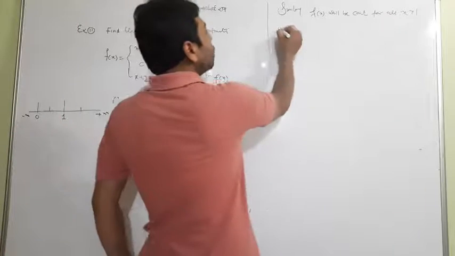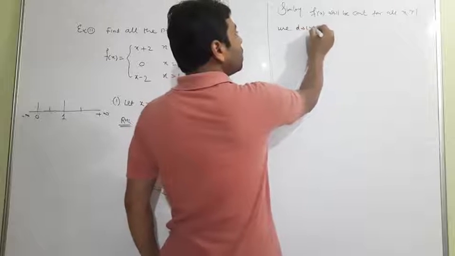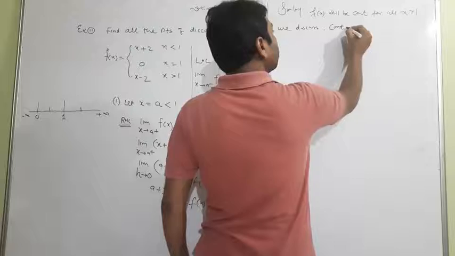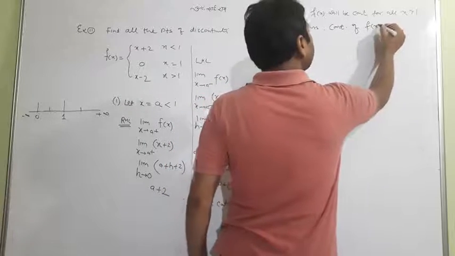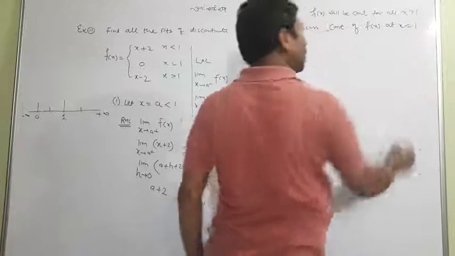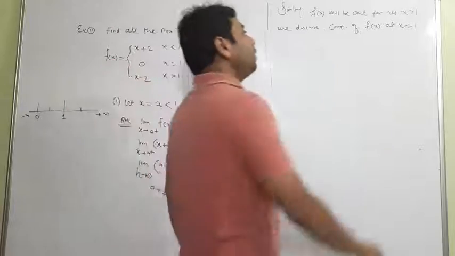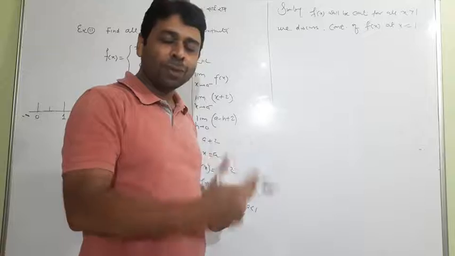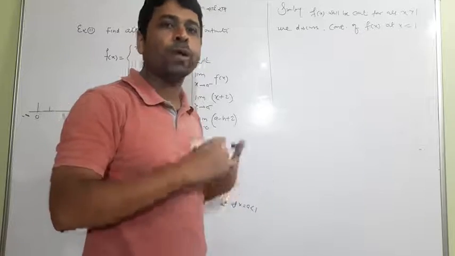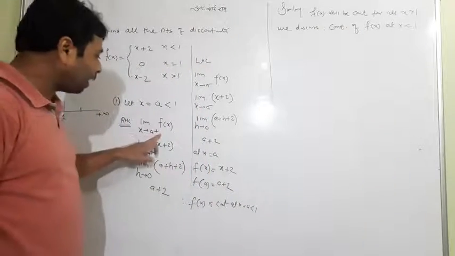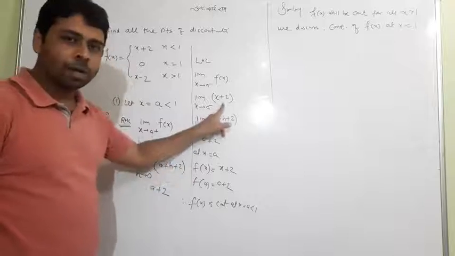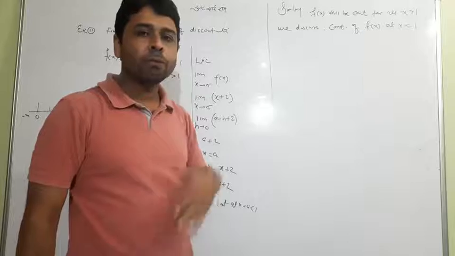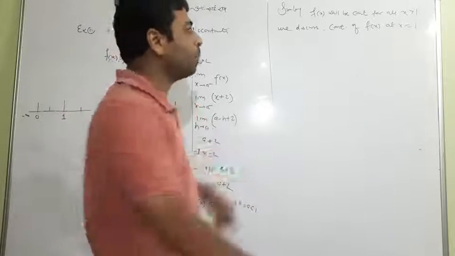Now we discuss finally, a very important thing: the continuity of the function at x equal to exactly 1. That is a major point. I tell you one thing: a function may be discontinuous when the function varies for the left hand limit and right hand limit. Here, for the right hand limit and left hand limit the function was the same, but the function may be discontinuous when it varies for the right hand and left hand limit.